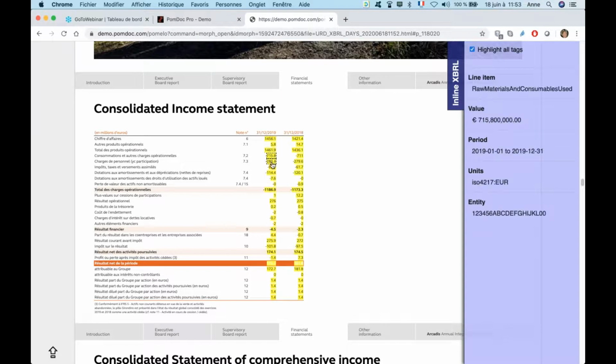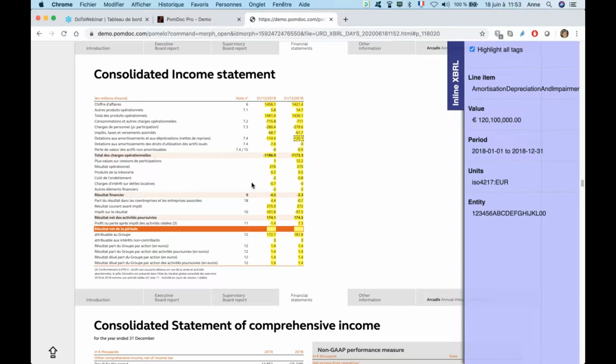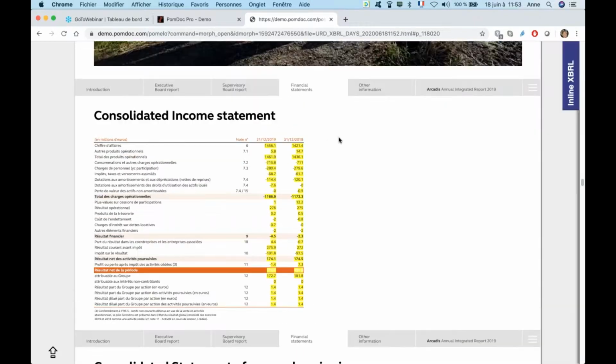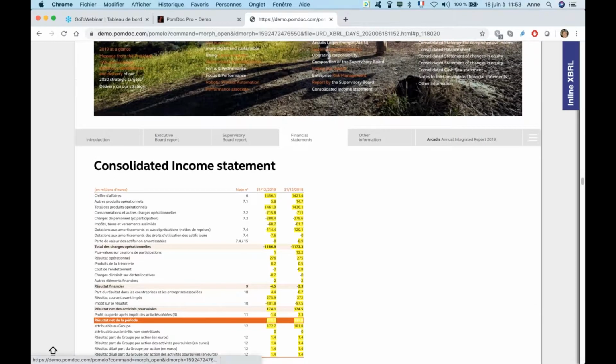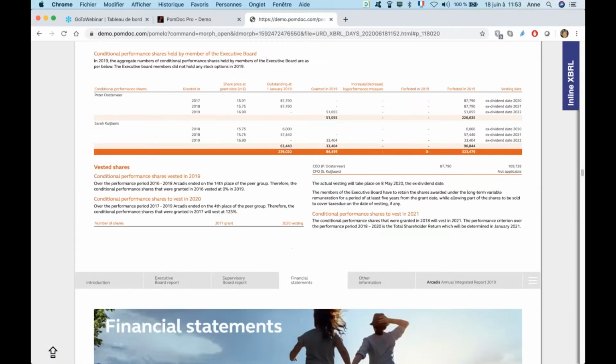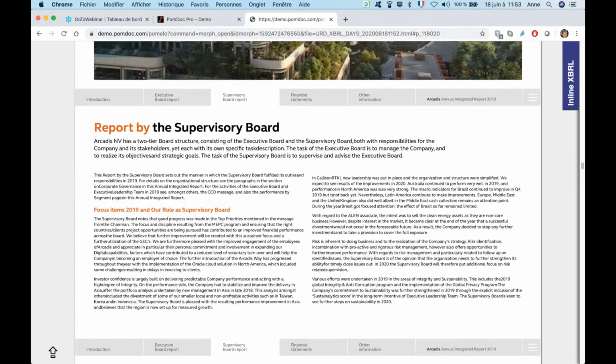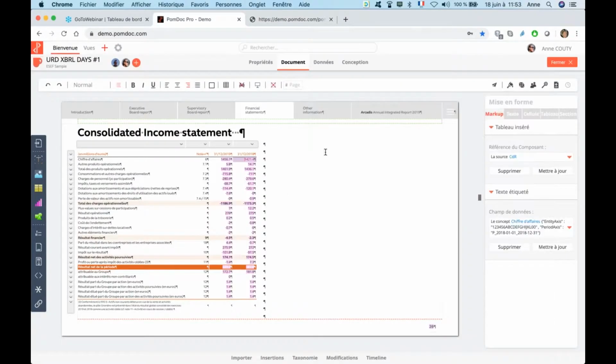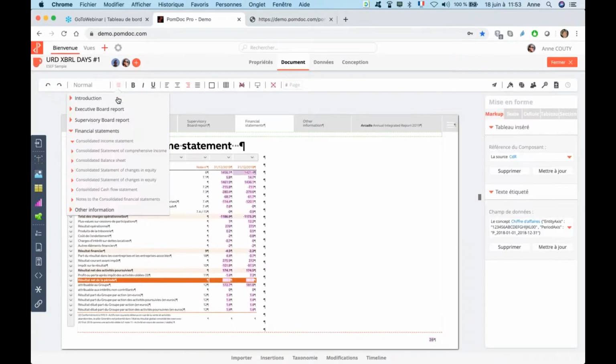You can use another reader of XBRL. Here I have a sample reader of XBRL text. So you can see all the text. But we know that when you publish your documents at the last minute, very often you need to change some elements, some figures, some text, some formatting of the text. So you can change it